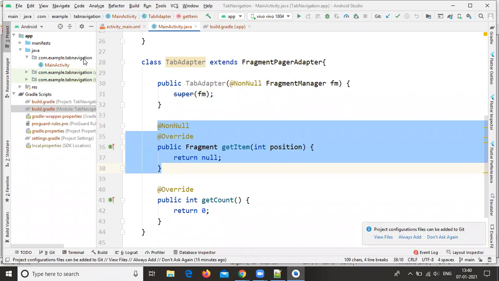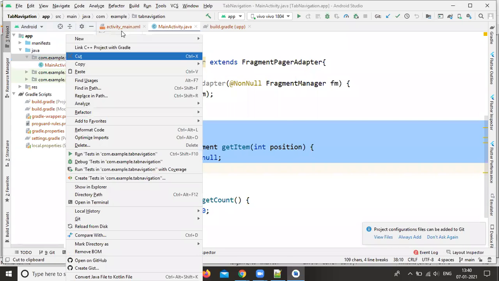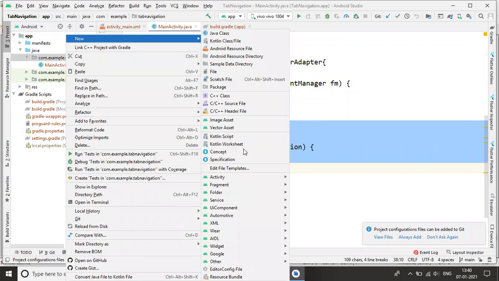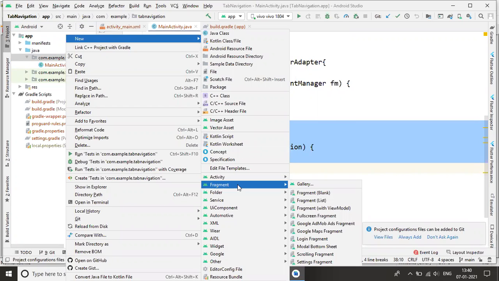It's the same as creating activities. Right click on the first package, select New, then select Fragment.